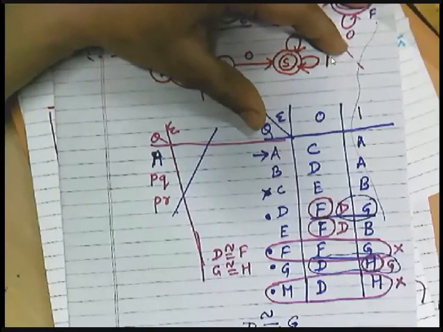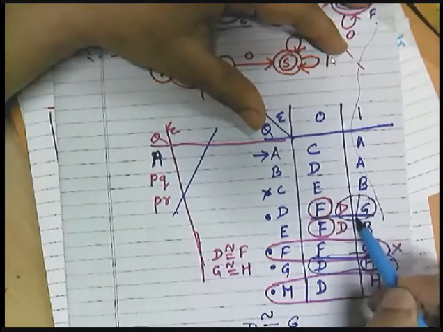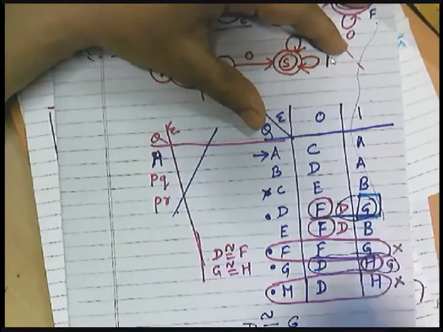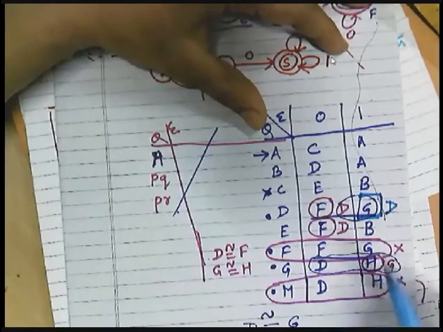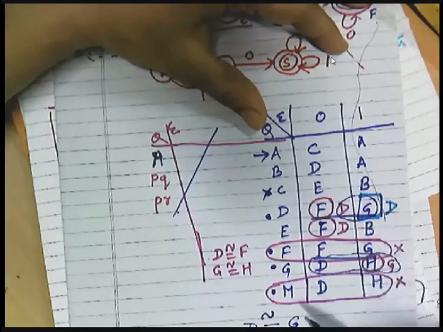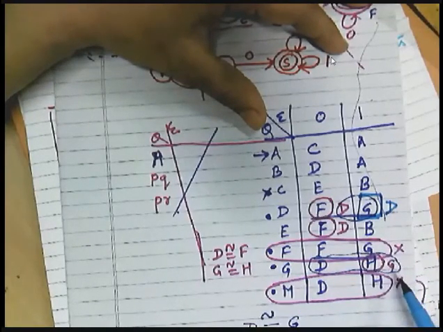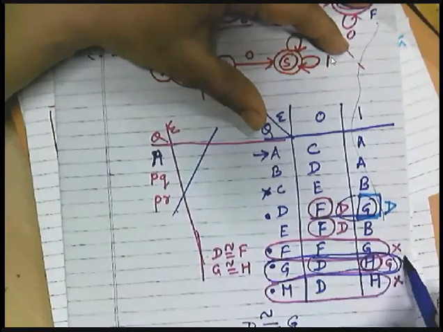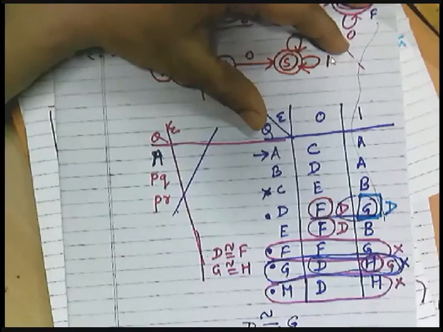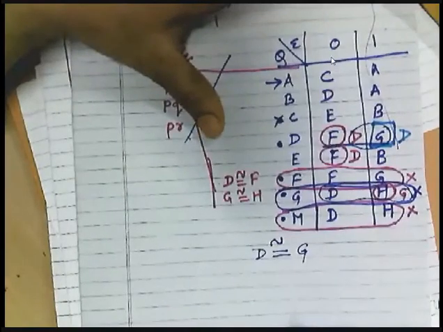So after replacing this, where are we finding G? We are finding this as a G, right? So this G will be replaced by D, right? And next, again anywhere we are finding G in the whole table, this G is discarded, is it? This G is now discarded. This is not available. So finally, how many states are remaining in a finalized DFA? So let us once again draw it.